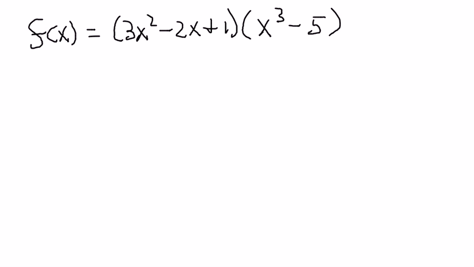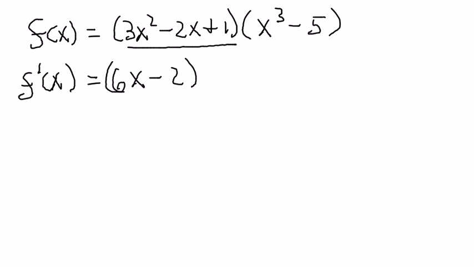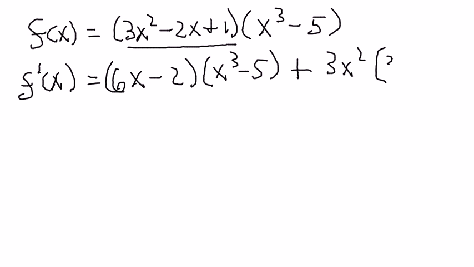My first function is the 3x squared minus 2x plus 1, and then the second function is the x cubed minus 5. So the derivative f prime of x, I take the derivative of the first function, which is 6x minus 2, times the second function, which is x cubed minus 5, plus the derivative of the second function, which is 3x squared, times the first function, which is 3x squared minus 2x plus 1. And then I go ahead and multiply that all out. I FOIL the first part, I distribute the second part, and ultimately I would combine my like terms and I would simplify it to